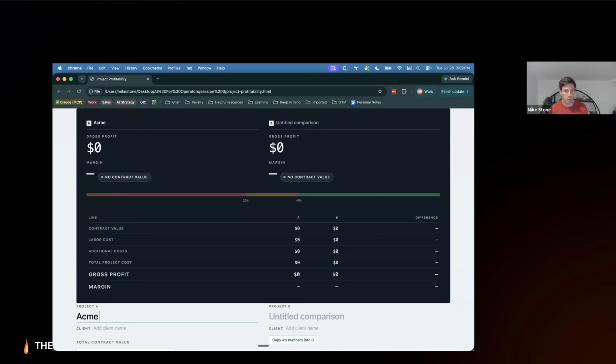So let's say, what did we have for our data here? We had Acme dashboard rebuild, and this is going to be Acme industrial. And let's create a new one called Beacon Legacy Migration.